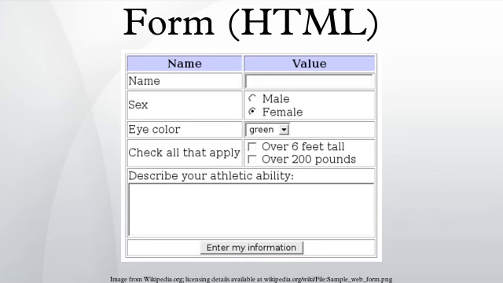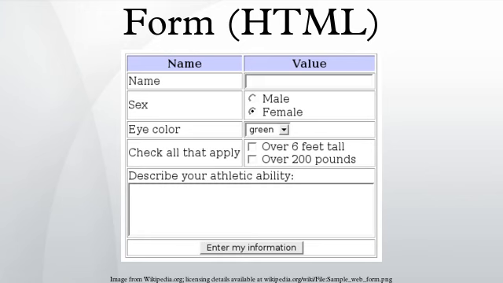A web form or HTML form on a web page allows a user to enter data that is sent to a server for processing. Forms can resemble paper or database forms because web users fill out the forms using checkboxes, radio buttons, or text fields. For example, forms can be used to enter shipping or credit card data to order a product, or can be used to retrieve search results from a search engine.